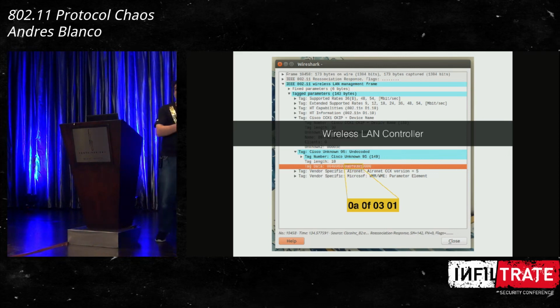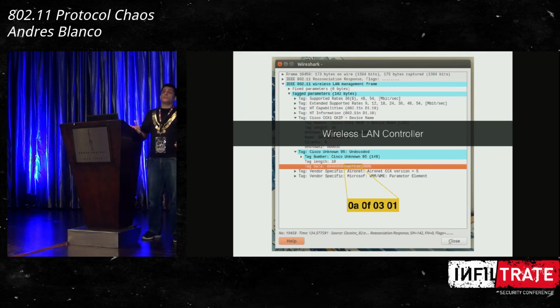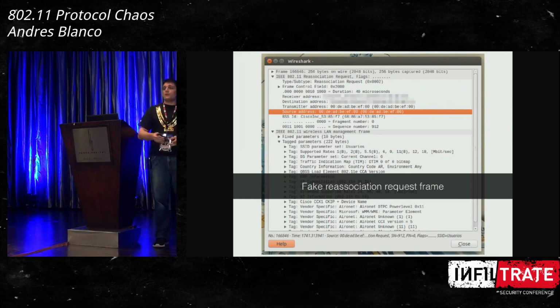So I think that this is a really bad feature because I don't understand why they are leaking internal network information to anyone. But again, it's not so easy to find this when we are doing passive monitoring, okay? Because we need someone trying to reassociate to a network that has support for this protocol, which most devices don't have. But I started thinking, maybe I could send a fake frame. I send a frame trying to reassociate, even with a MAC address of a device that maybe hasn't been associated to a network in the first place, and I will send the information that I get from the beacon frame, and I will be able to get these IP addresses from the internal network.